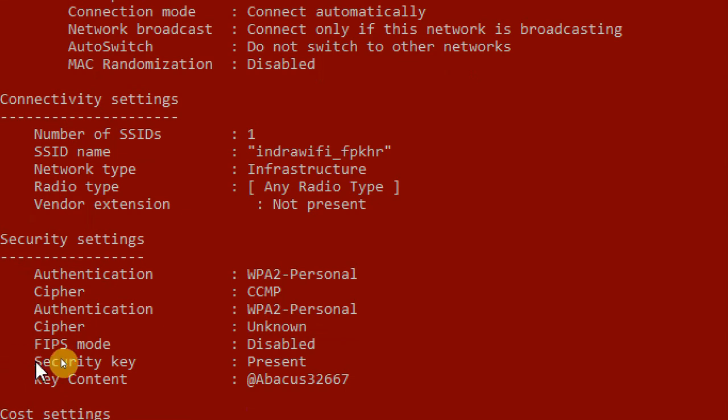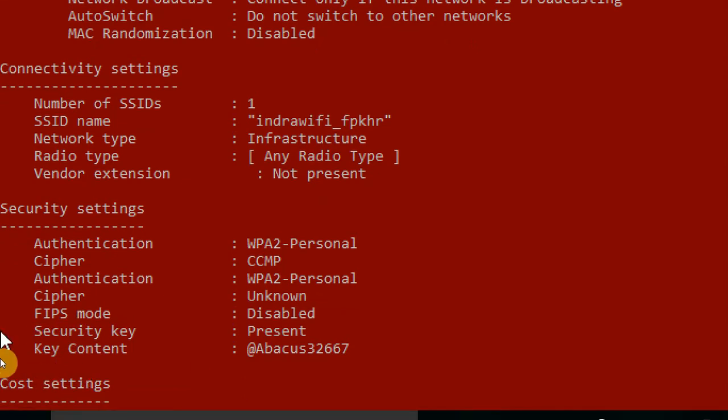The key content is showing here. This is the Wi-Fi password which is connected on this device. Key content is the security key. This is the required Wi-Fi password of the Wi-Fi connected on our computer.